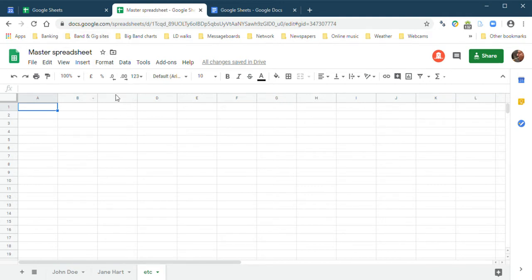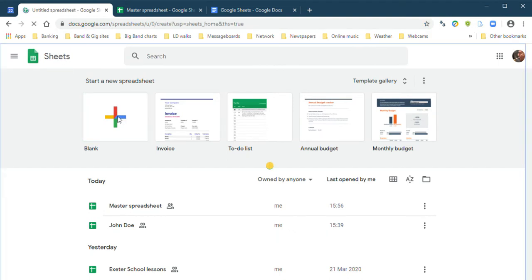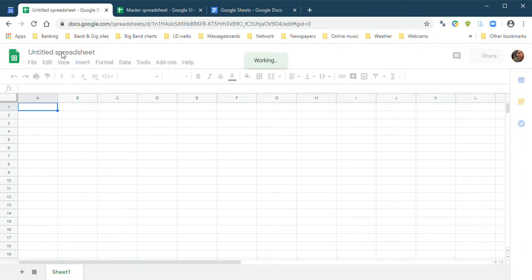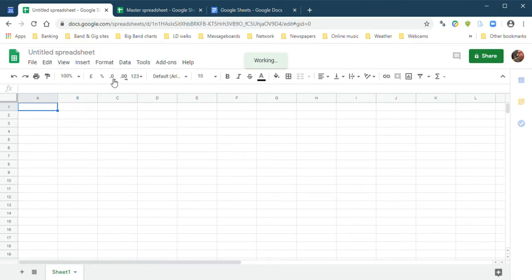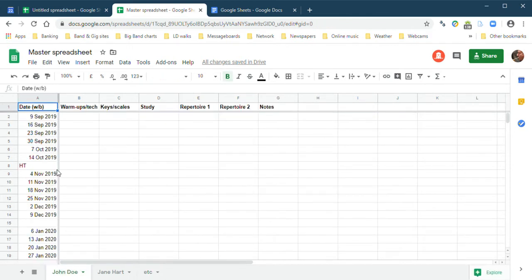So here's my master spreadsheet. You can call it whatever you like by clicking in here. You'll have just opened up a blank spreadsheet from your main Google Sheets, and it'll create a blank spreadsheet which is as yet untitled. You can call it anything you like by clicking in the top on the title there. Tabs down here. Here's one I've already done. I happened to call it master spreadsheet, and on my first tab, you'll see I've put dates down